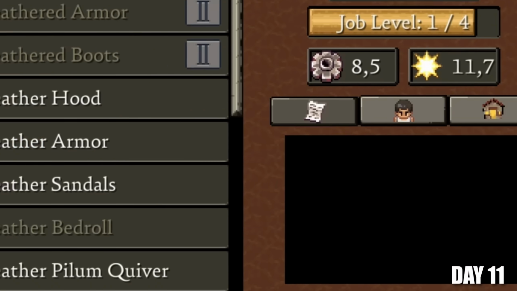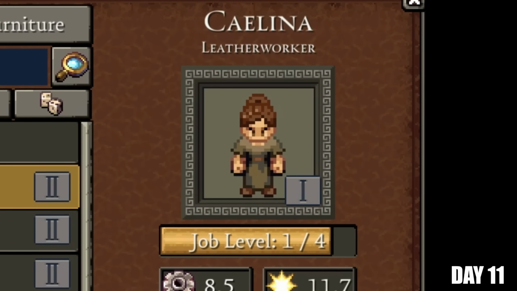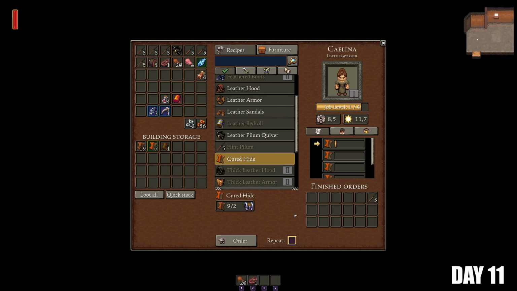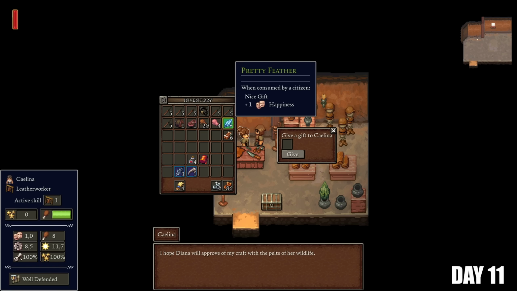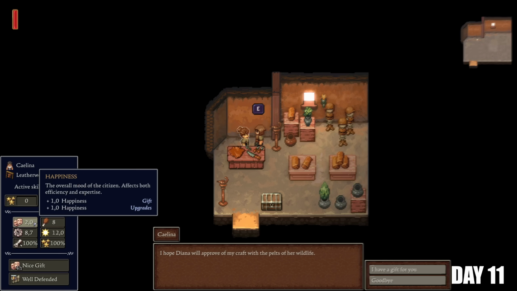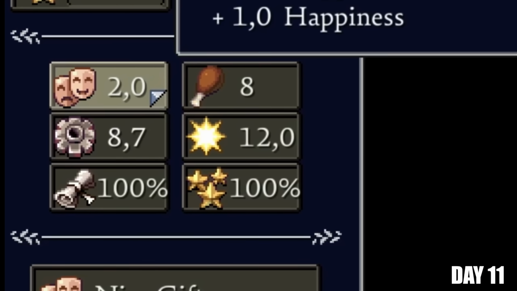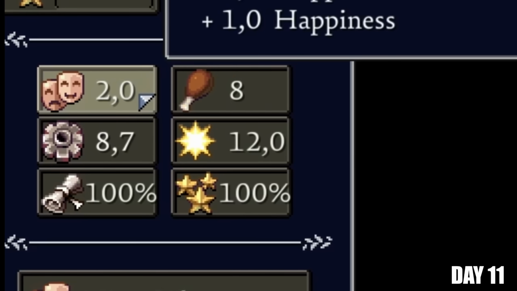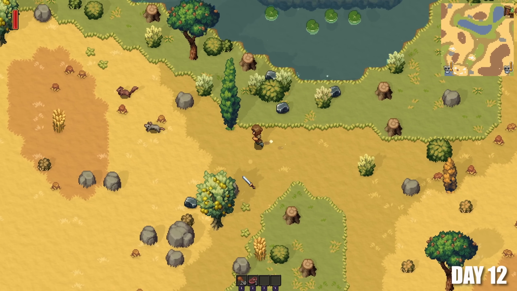to craft it. Turns out villagers have levels, and the more stuff they do, the better they get at their job. So to boost her level, I made her work on some cured hides to gain some experience, but also gave her pretty feather from the owl as a gift. That boosted her happiness by 1, which is tied to efficiency and XP gains. Turns out NPCs have a lot of stats that affect each other. So now, with stuff getting done without me, I was able to leave and head straight for the grotto and